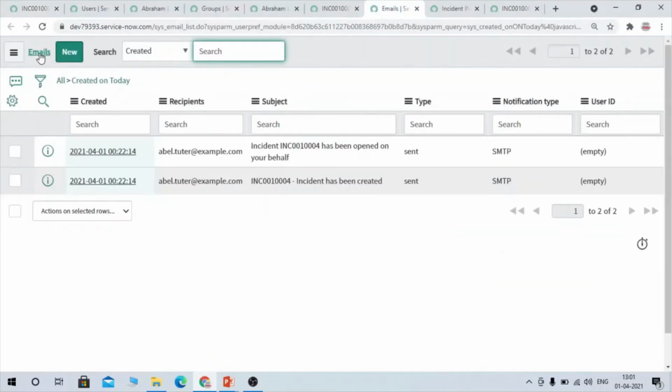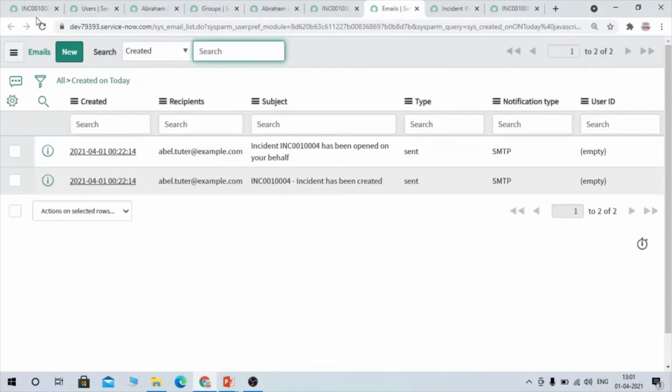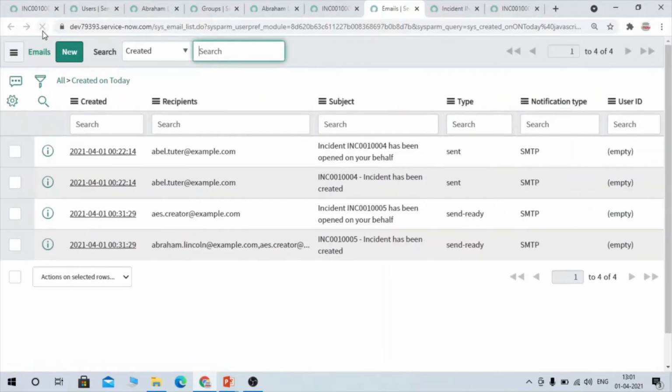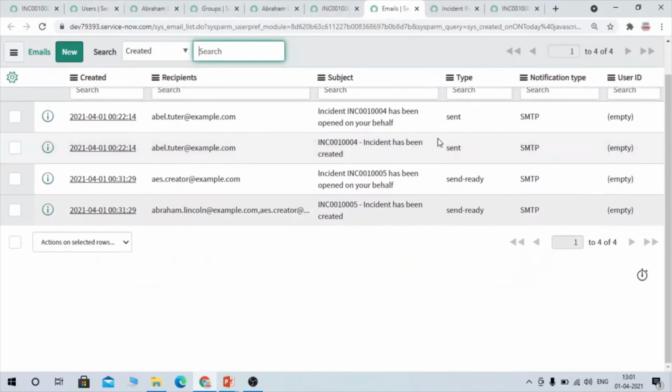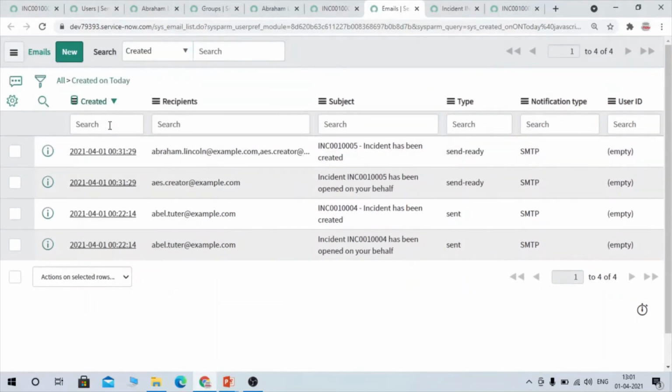Now let's navigate to emails. It takes a bit of time. Let's see here. You can sort it based on created. We could see these two emails have been created as part of this incident. You can see the incident number as well.